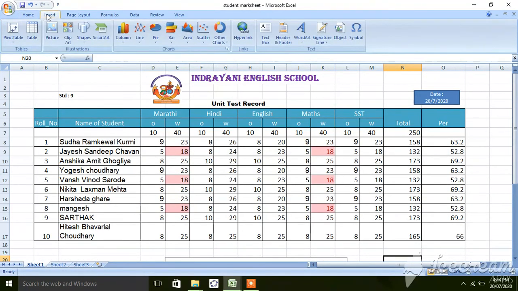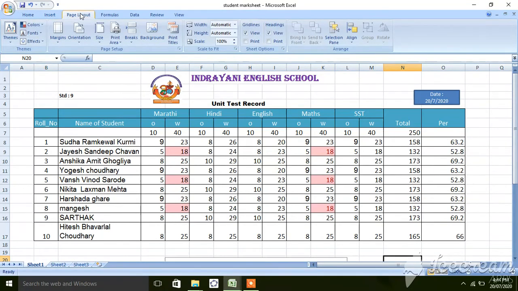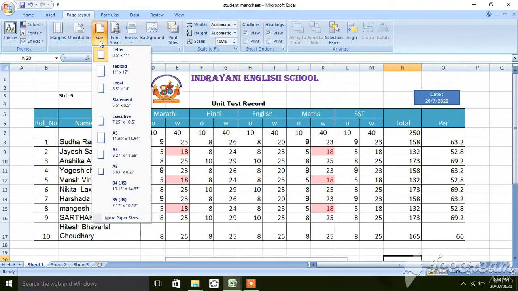Then page layout. In page layout you can set the margin, you can set the orientation, how you want the page, portrait or landscape. You can set the size, on which paper you want the printout. You want printout on A4 paper, you want printout on A3 paper. You can set the size. Okay, then